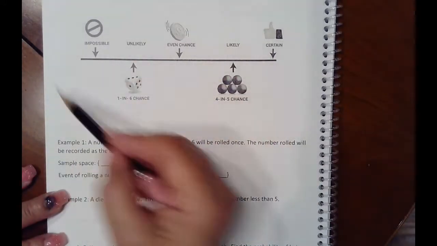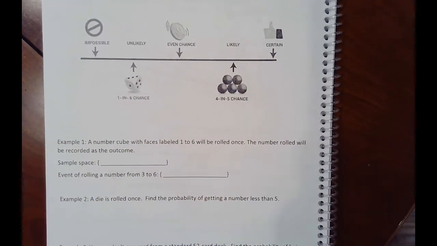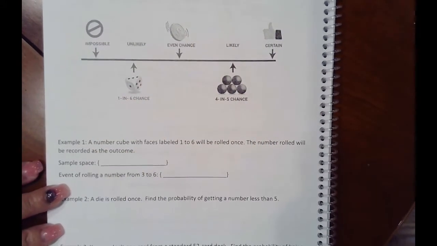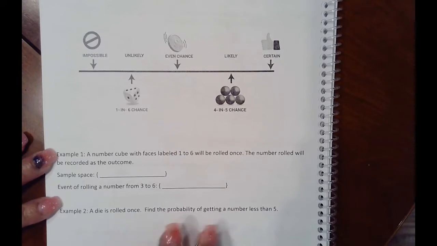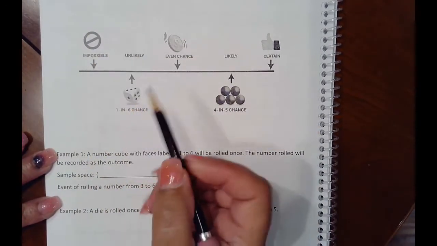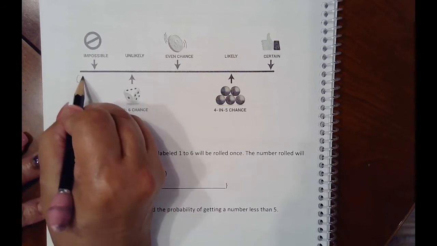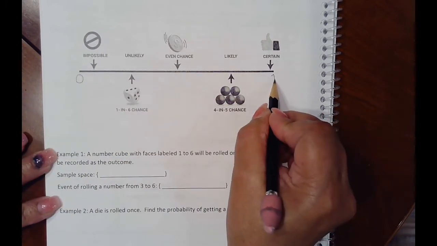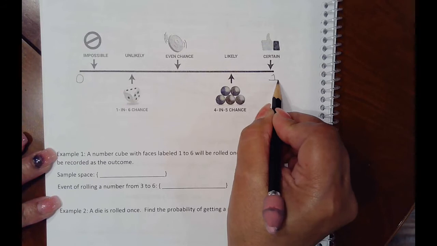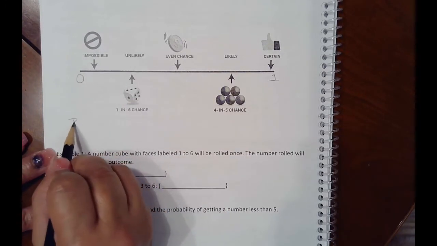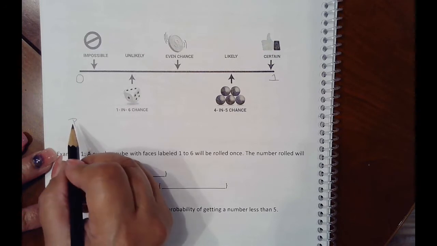Okay, I'll come back to this and talk about this. But basically what you are seeing on this line here is that probability can turn out to be anything from 0 all the way to 1, and never any bigger. So when it is impossible, let's say that I said, what is the probability of,